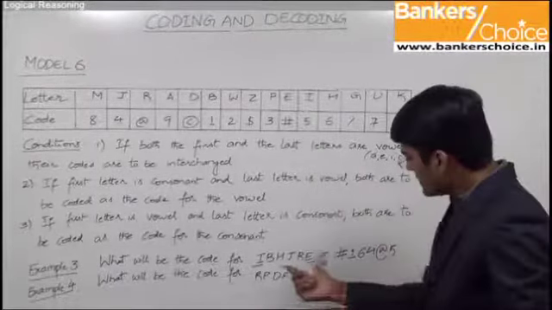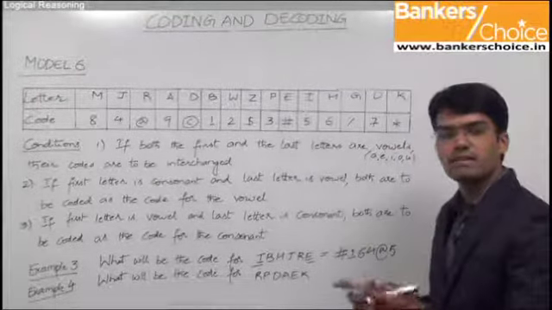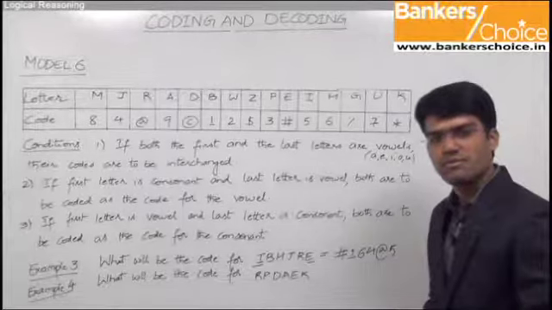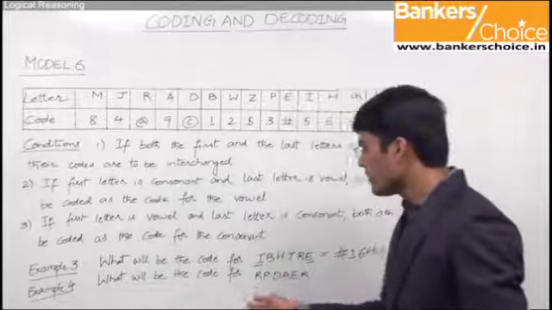So that's how we get the answer for such a word where the first and last letters are vowels, simply by interchanging the codes for these two vowels. Let us now look at the fourth example. The question here is: what will be the code for